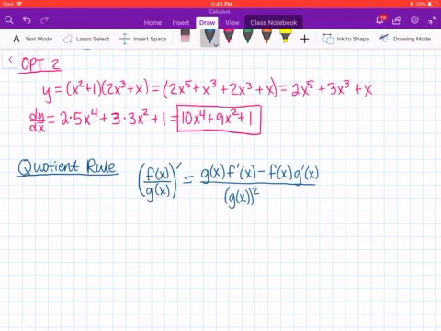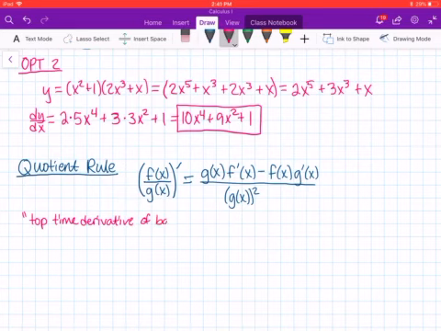And there's the quotient rule. I would like you to memorize this as well. And don't worry, we're going to get used to it so much, it's just going to come naturally. So if you want to remember it, you could say the top times the derivative of the bottom minus the top